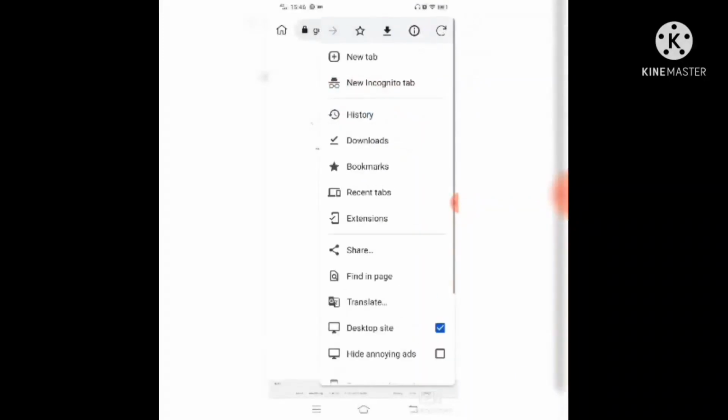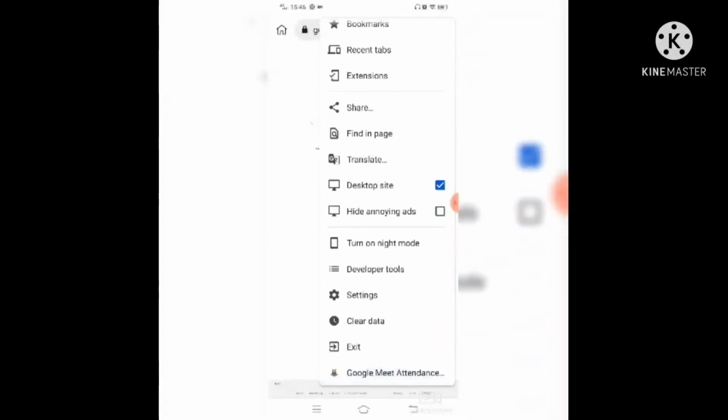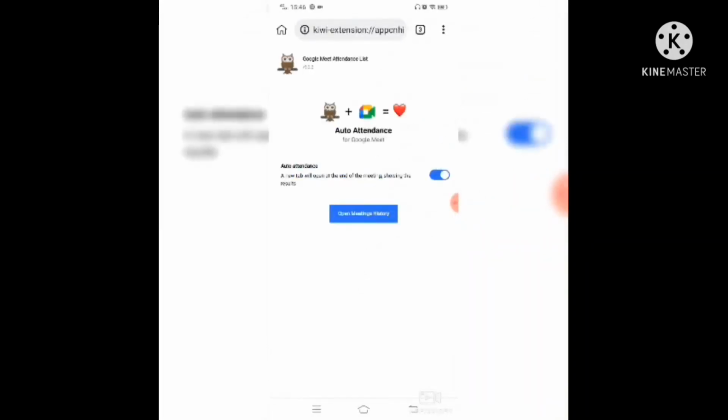Again you tap on the settings button and now you scroll the menu and you can see at the bottom Google Meet attendance appears. Just tap on that. You can see a window like this. On that you have a button, Open Meetings History.